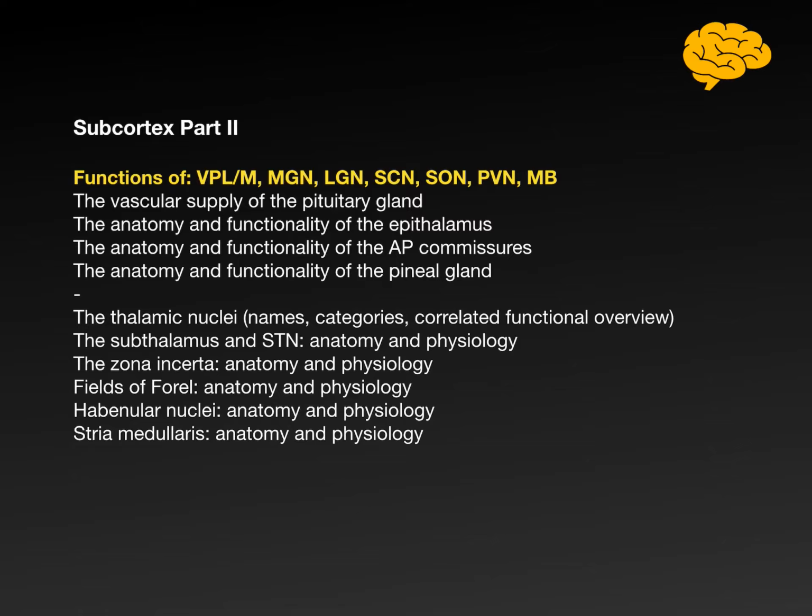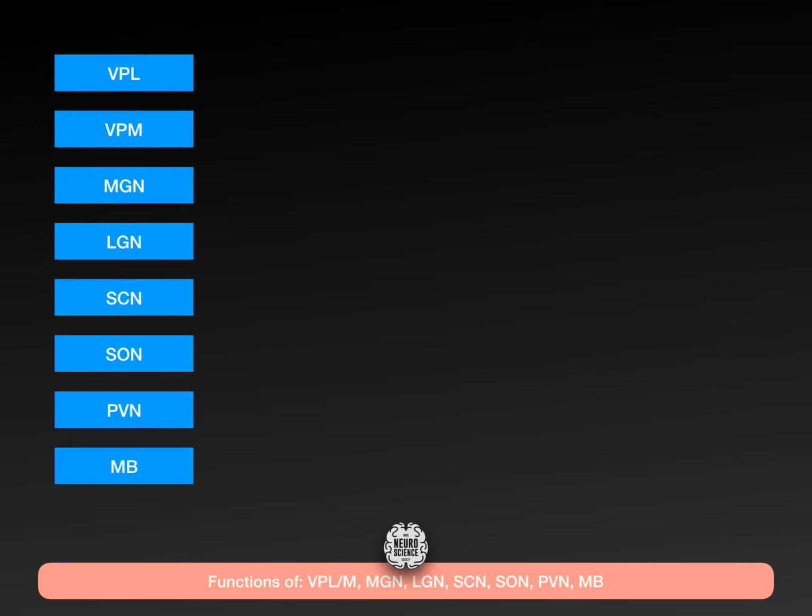Moxham wants you to know a particular set of nuclei, juggling between the thalamus and the hypothalamus. So you need to know all of the hypothalamic nuclei and a baseline of their functions, which we previously covered. You don't need to know all of the thalamic nuclei. There are an awful lot of them. If you want to, you can, but it's very histological, it's not gross anatomy, and the boundaries of their functions